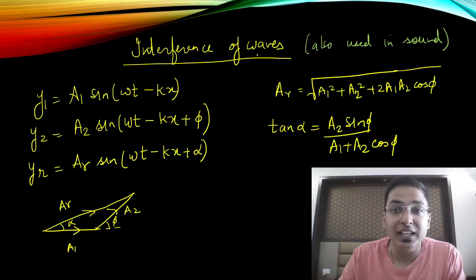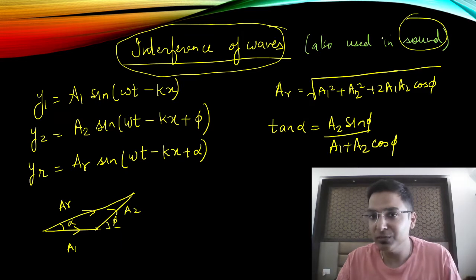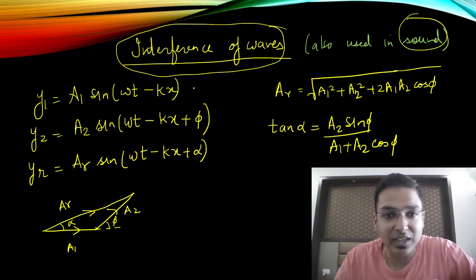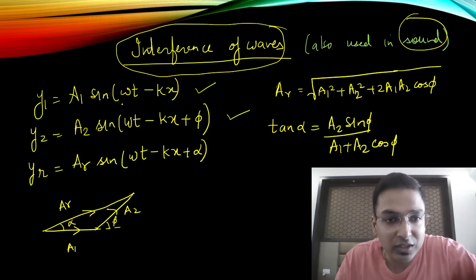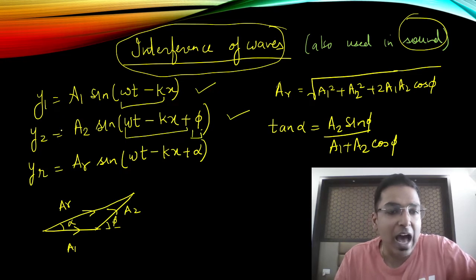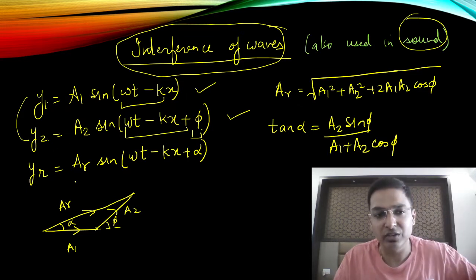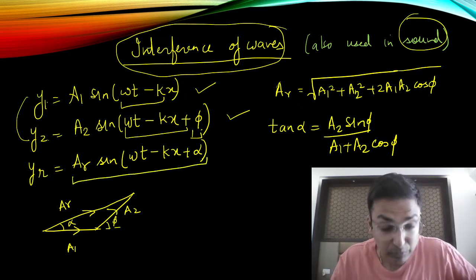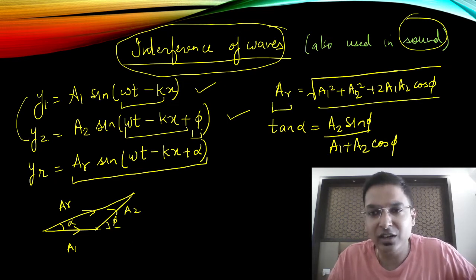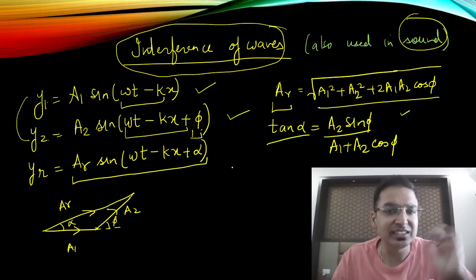Yes. Okay. Then guys, interference of waves. This is a phenomenon that is also used in sound. Exactly similar, and the good part is that the waves are simply added like vectors. So if you have y1 as this and y2 as this, what is the phase difference? The phase difference is phi. So what is the resultant wave after these both waves interfere? This will be the resultant wave. And if you see, the resultant amplitude AR will be this much, exactly like the vector law: a1 square plus a2 square plus 2 a1 a2 cos phi, and tan alpha will be this much. It is exactly like the vector law.